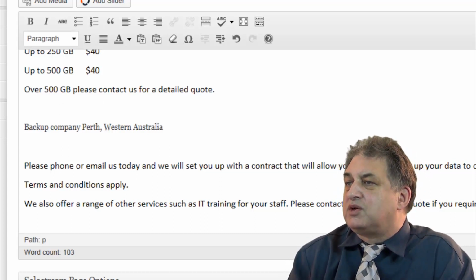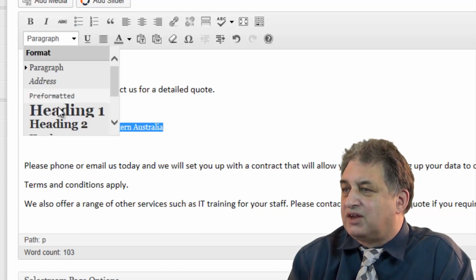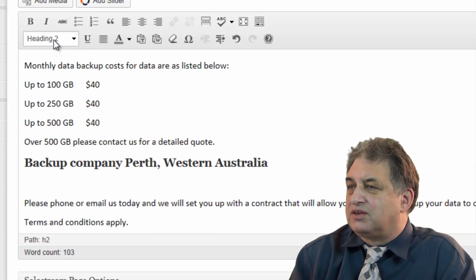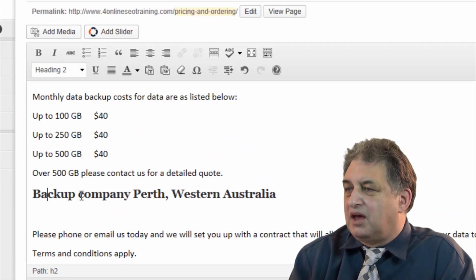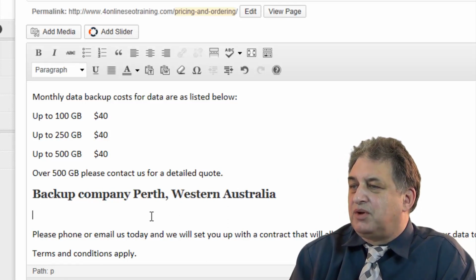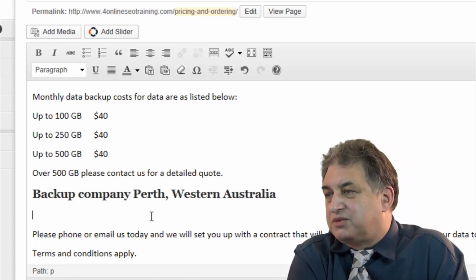And what we could do is we could mark that one, so we'll select it, then we can mark that one as a header 2. And we click within it, you can see that it is header 2. So again, we're telling Google that the words backup company Perth, Western Australia, I mean, that's pretty well spot on in telling Google what's important about this particular page.